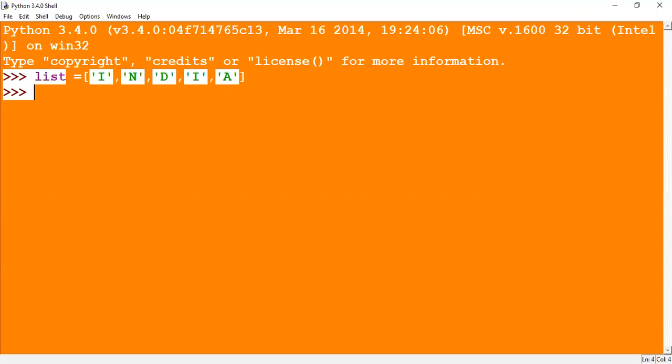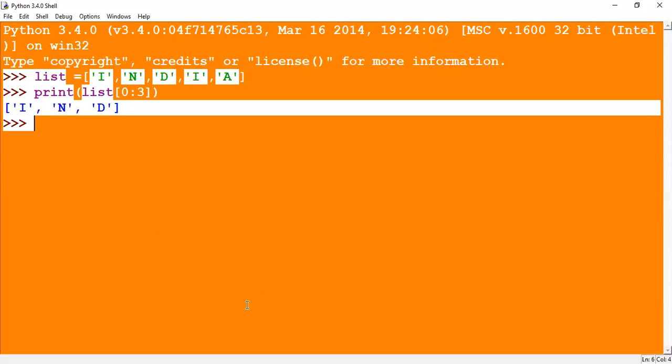If I am using the print command, here it will display I and D. This is an example which is shared here.